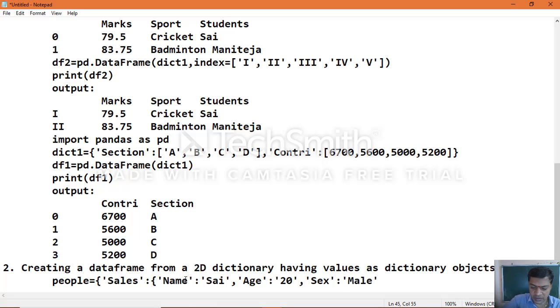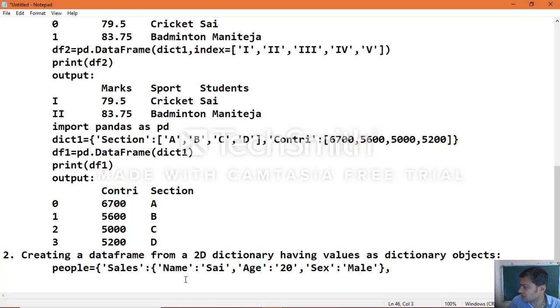That is one representation, comma, and the same way marketing.